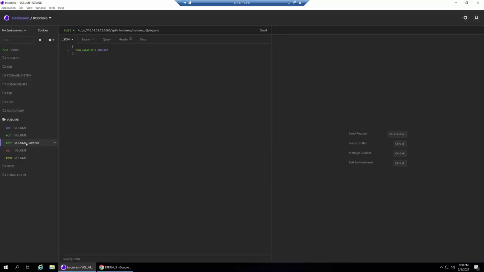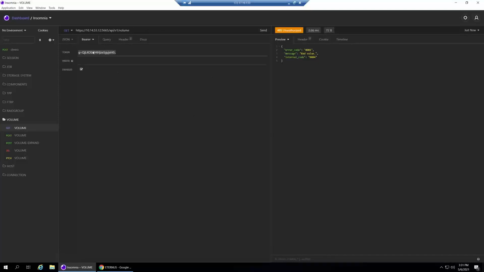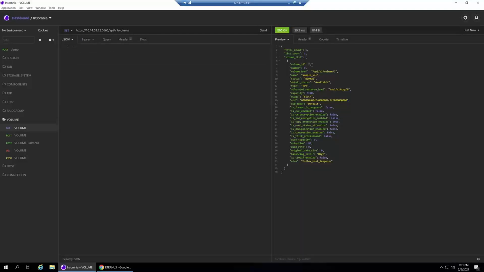So many more functions to go to. We can expand the volume, again, delete, patch. This is all basically the same. Changing, getting some information. We can get the information on all the volumes, for example, and we'll see that we only have one volume with volume ID 7, which is name, sample vol, etc. So yeah, it's quite easy to see the information